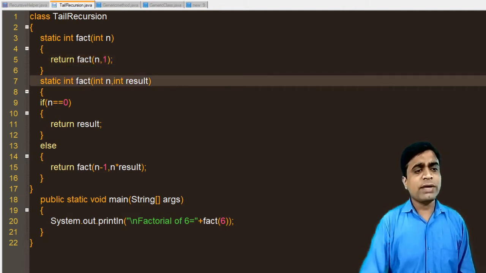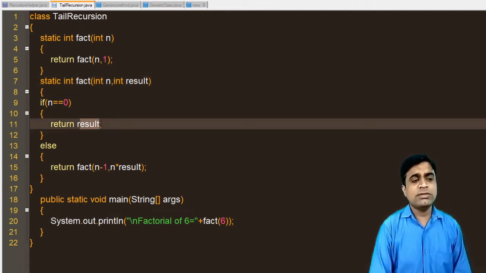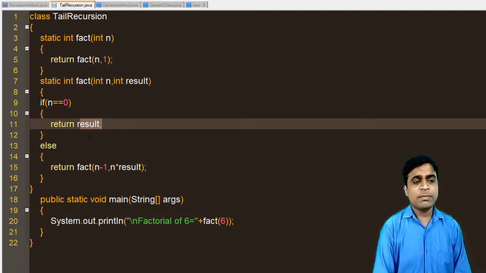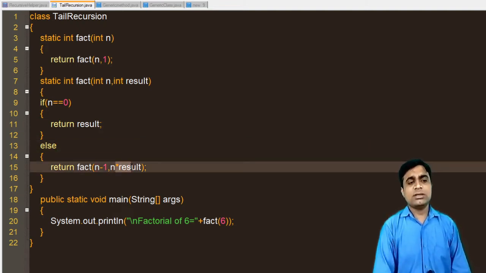So there are two methods, fact with one argument and fact with two arguments, taking n and result. If n is equal to 0, it will just return the result. Else it will return fact of n minus 1 and n into result, where result has a default value.